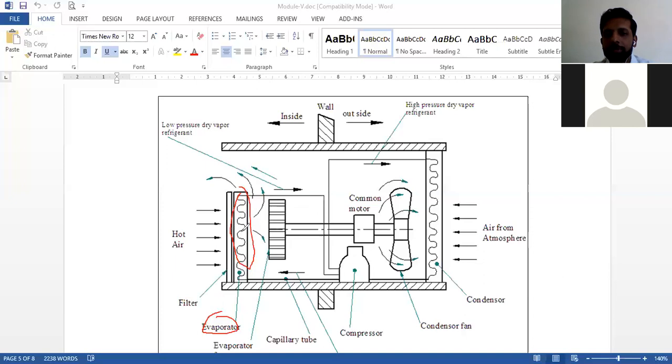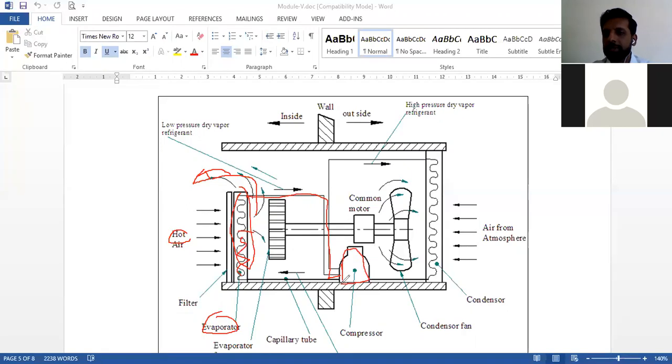This hot air that has been drawn in loses its temperature. Its temperature is being brought down, and then that low temperature air is let out through the AC, right? But what is happening? This heat that was present in the air is being transmitted to the refrigerant flowing inside this tube, okay? So what is going to happen? That high temperature refrigerant is going to pass to the compressor.